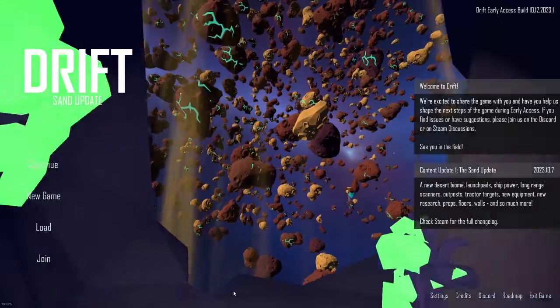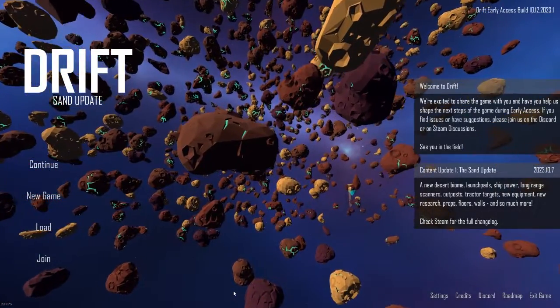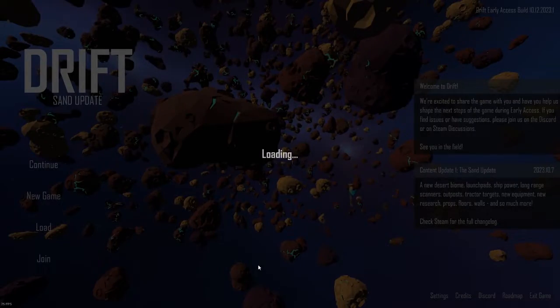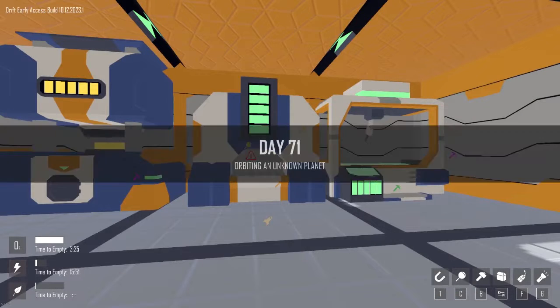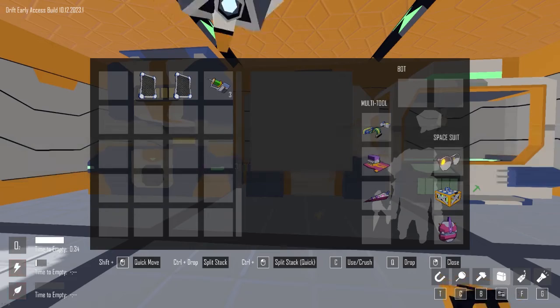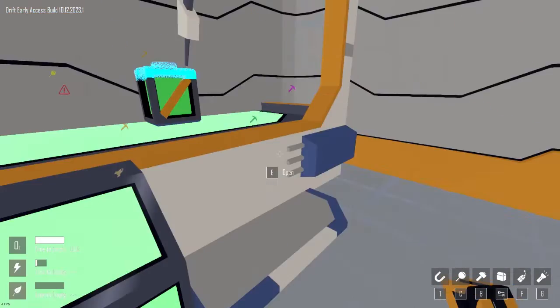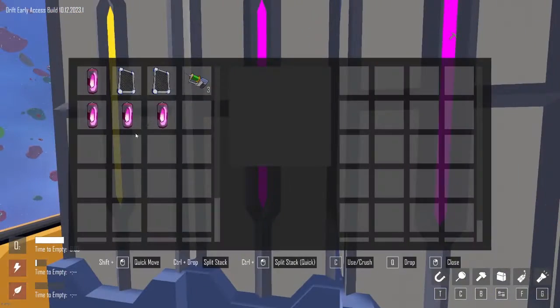In today's episode, we're going to do a variety of different things. We're going to do some exploration, we're going to do some cave diving, and we're going to focus on unlocking some new research tags. So, in the last episode, we created this outpost out here attached to a pink crystal